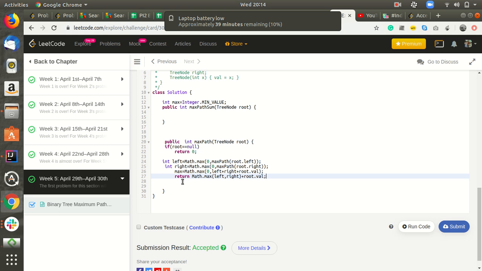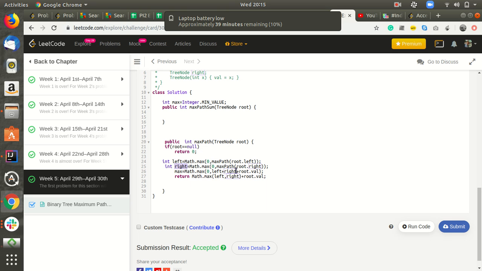So what it will do is check this condition: 0 plus left and right plus root.val. It will include all the elements and check whether it is the maximum, and it will set that value. Left and right are for calling the left part and the right part.